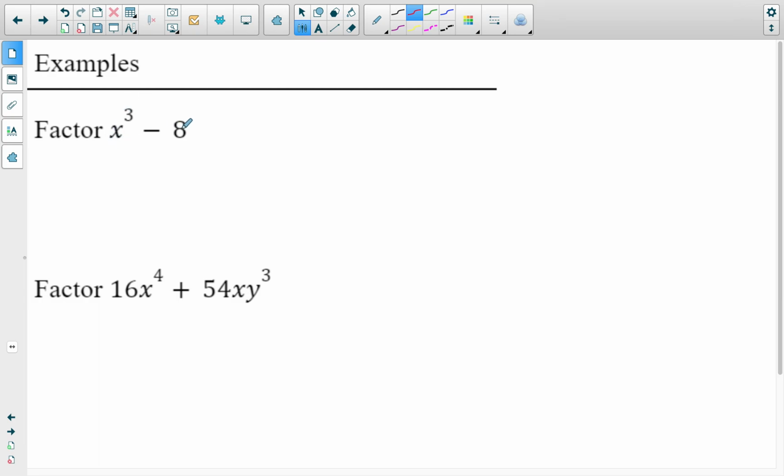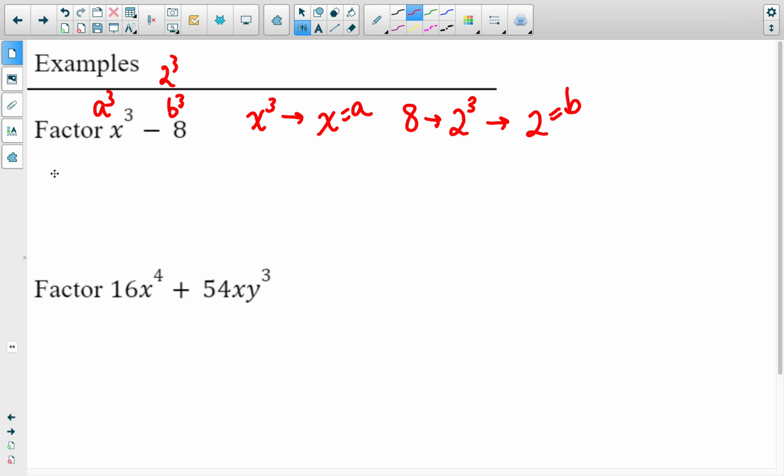is 2 perfect cubes. Because we can recognize that x to the third power can be rewritten as x, and then 8 can be rewritten as 2 to the third power, right? Which then if we take the cube root of that, we get 2. So this is going to be like our A, and this is going to be like our B in those formulas, right? You see that this is A to the third power. This is like B to the third power, which is 2 to the third power, and so now we can rewrite it